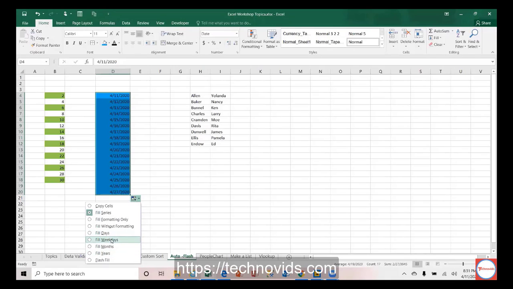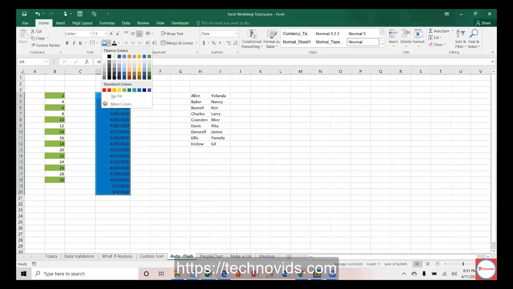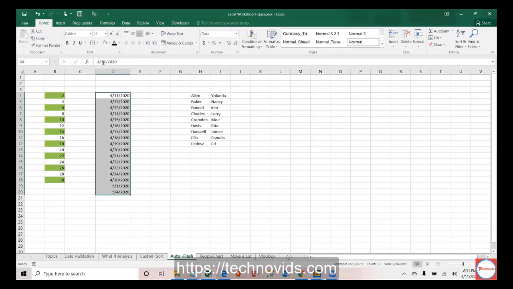You can fill weekdays. This may be helpful for a lot of us, so you don't want to fill the weekends. Let me remove this format option so that it's not too bright. So what is meant by weekday only?